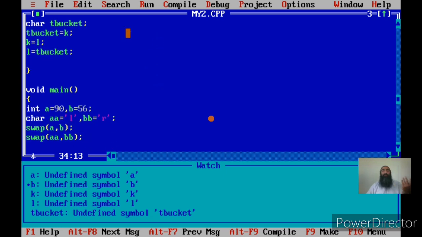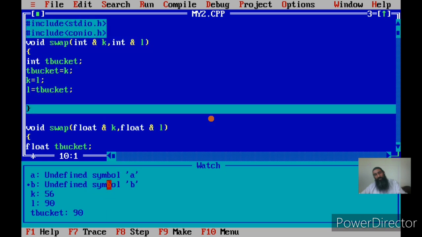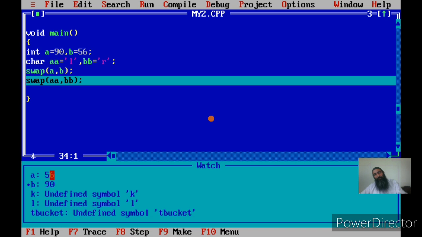But we will tell him that the function name is swap. We won't tell him that we have written three different functions, or we have defined the function thrice. Actually we have implemented the function 3 times. Now let us see. Once I call the first function, this first call will be resolved. Which function will be called? Since it has got 3 options, it will match the data types. Since the data type of a is int and b is also int, a is 90 and b is 56. After returning from the function, a is now 56 and b is 90.